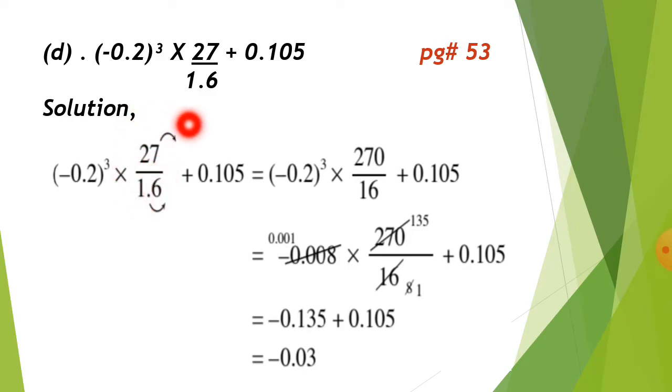So for understanding, keep in your mind that there is a decimal at the end, so we are going to shift that, and this number 27 will become 270 over 16, and we are going to multiply 0.23 times. It will be 0.008, and 16 is going to be divided by 0.008 by the table of 2. 2 is 16,